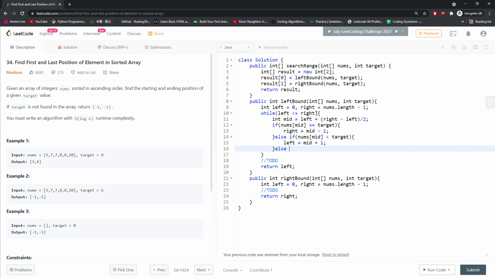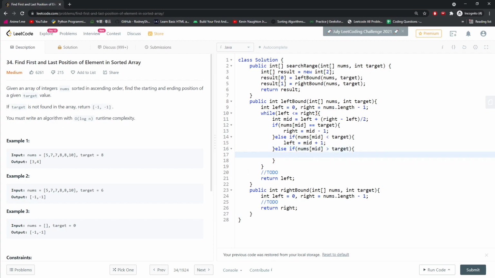Target is too big, which means we have to move our left to mid plus 1. There will be another case, which is nums mid greater than target. You can write else instead of else if. This is going to be the same thing. If the middle value is too big compared with the target, just move right to mid minus 1. So what do I do after the loop? Because it's not going to return -1